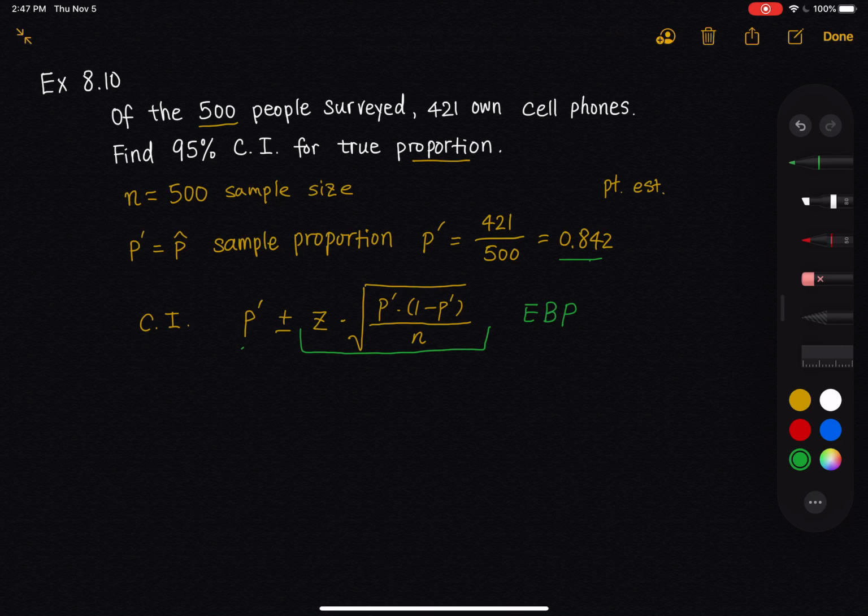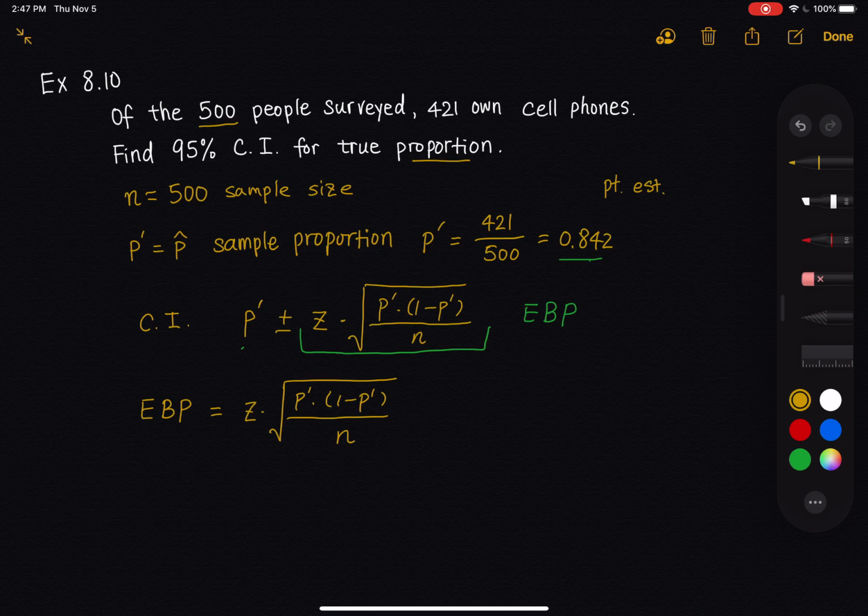So this error bound for the proportion will equal z times the square root of p prime times 1 minus p prime